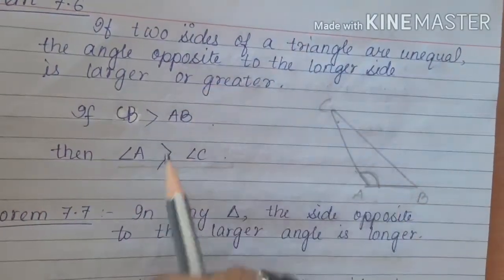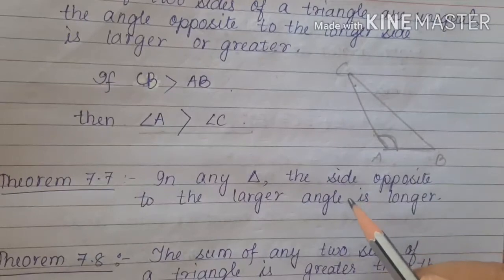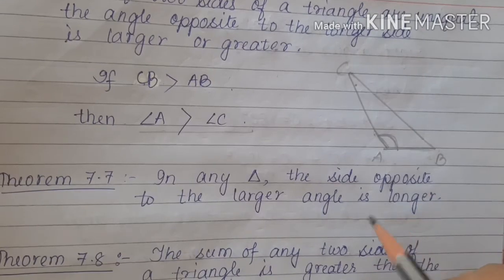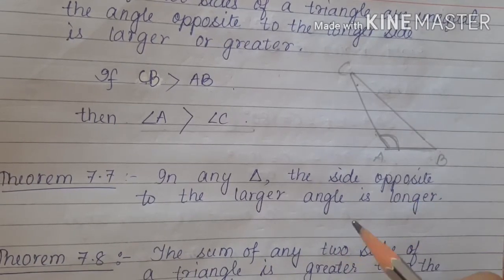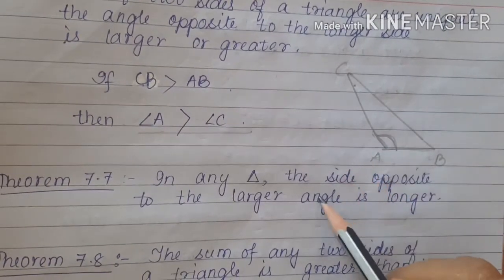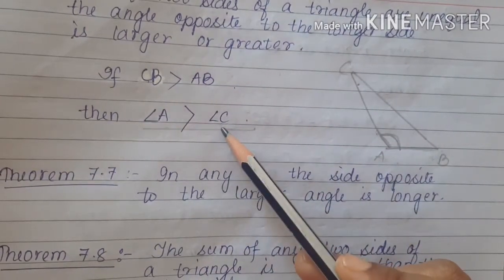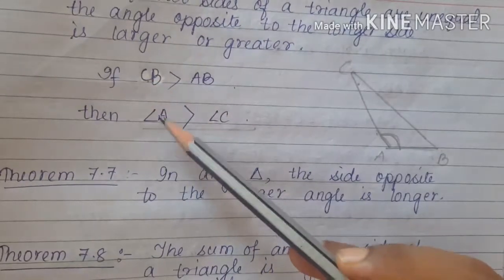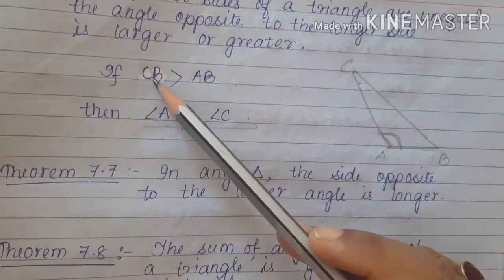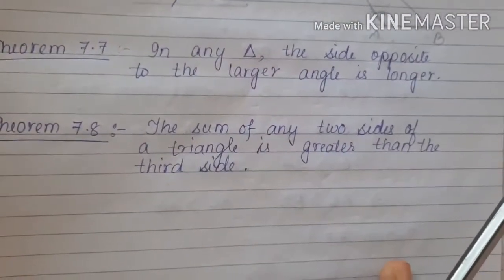और इसका जो ये जो थ्योरम है, इस थ्योरम को हम लोग नेक्स्ट एक्सरसाइज में यूज़ करेंगे. अभी इसी थ्योरम का जो कन्वर्स है वो तुम्हारा थ्योरम 7.7 है. उसमें क्या दिया होगा, इफ़ द रिलेशन बिटवीन एंगल्स, यानी कि जो एंगल के बीच का रिलेशन है, अगर एक एंगल दूसरा एंगल से छोटा है या बड़ा है तो उसका ऑपोजिट जो साइड होगा उसमें भी हम लोग देख सकते हैं रिलेशन. ठीक है, सो it is the converse of theorem 7.6. That means if any angle is greater than any other angle, then we can say the side opposite to the larger angle will be longer. Okay, so angle A का opposite जैसे CB है, so that will be our larger side.